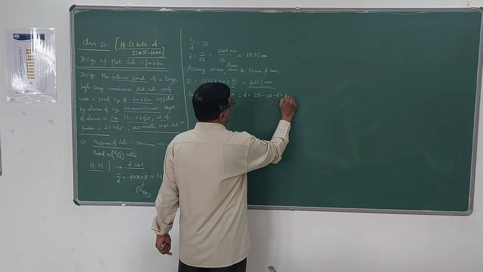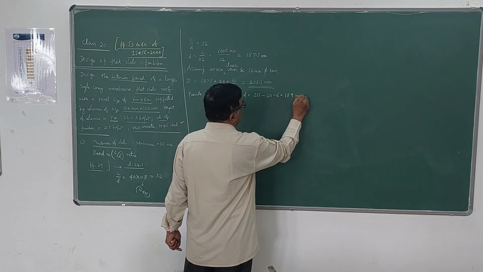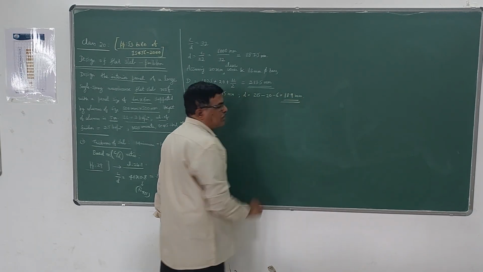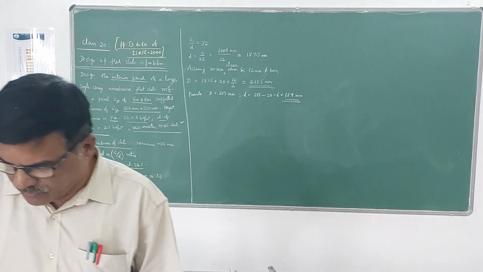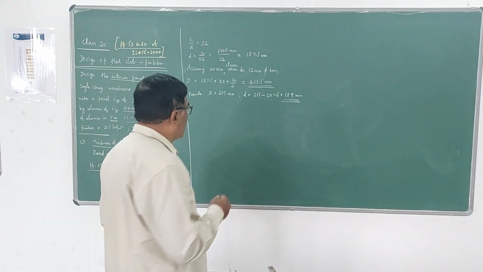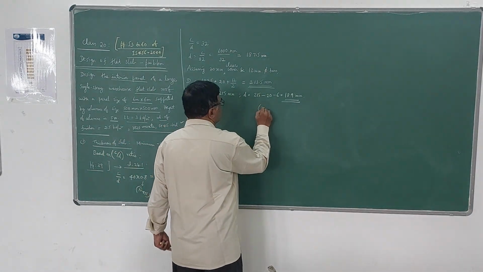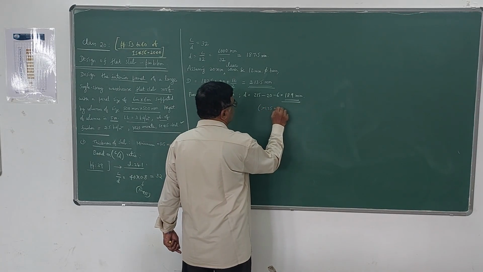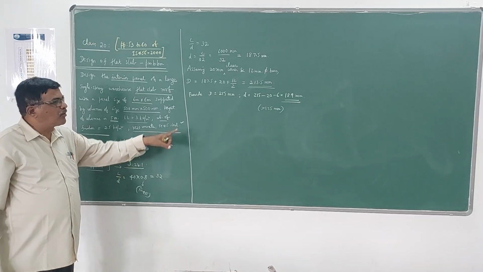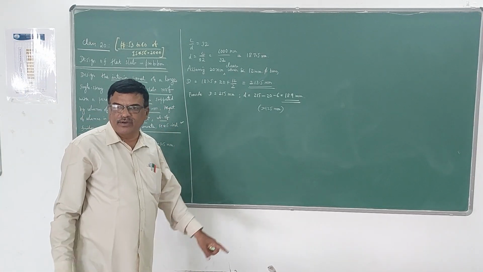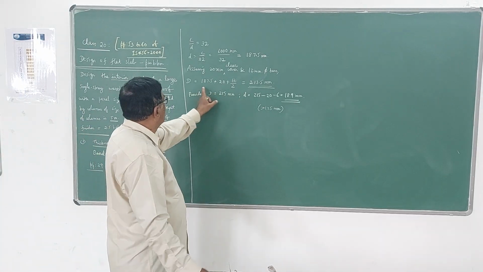189 mm is the effective depth we are going to give. So definitely this is greater than 125. Okay, so no problem. The minimum depth required is 125, so we are providing 189 effective depth. Effective depth is only 189 and overall depth